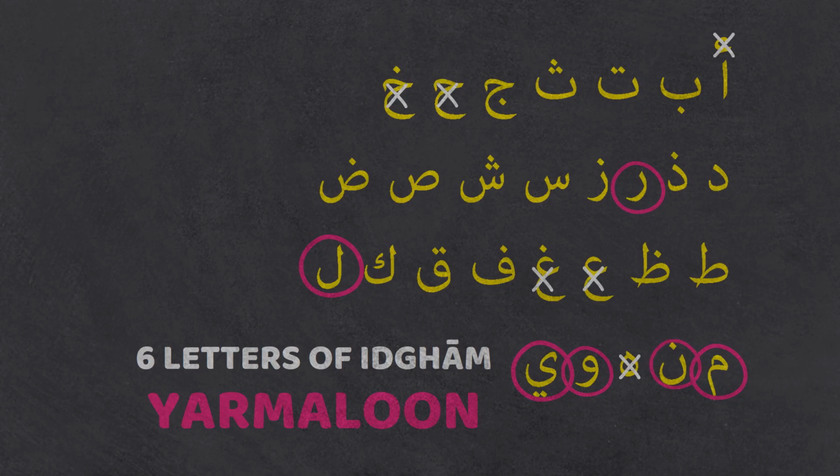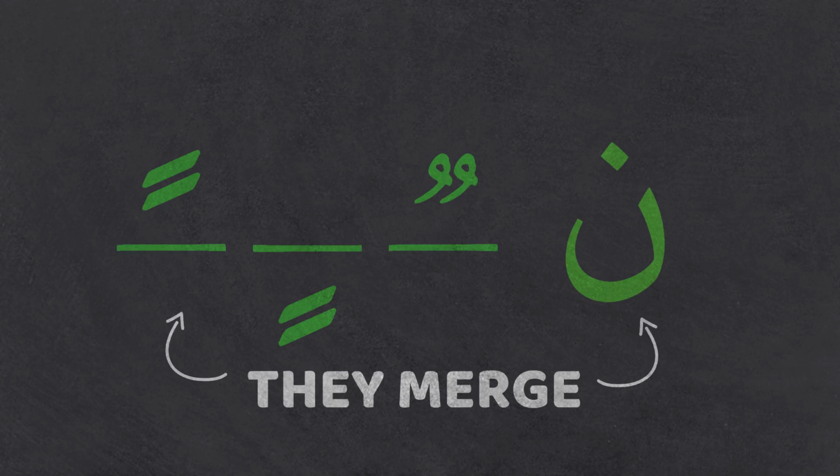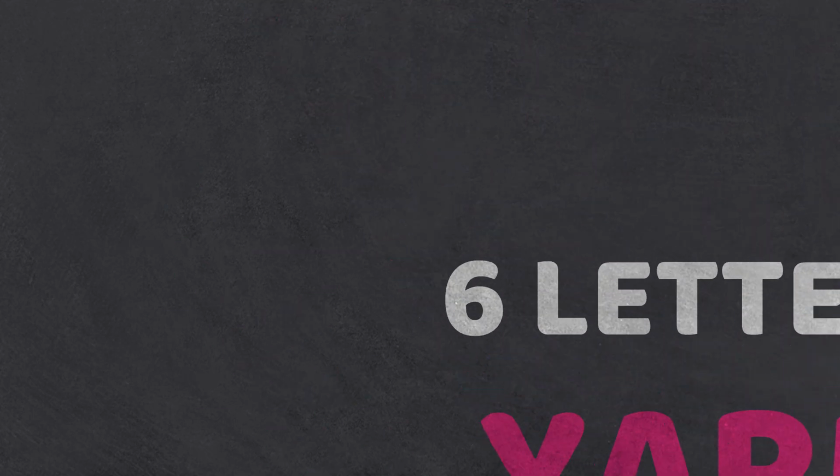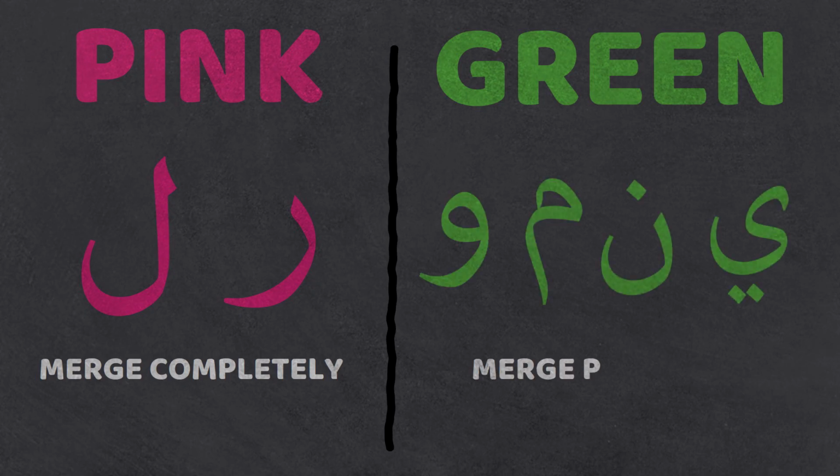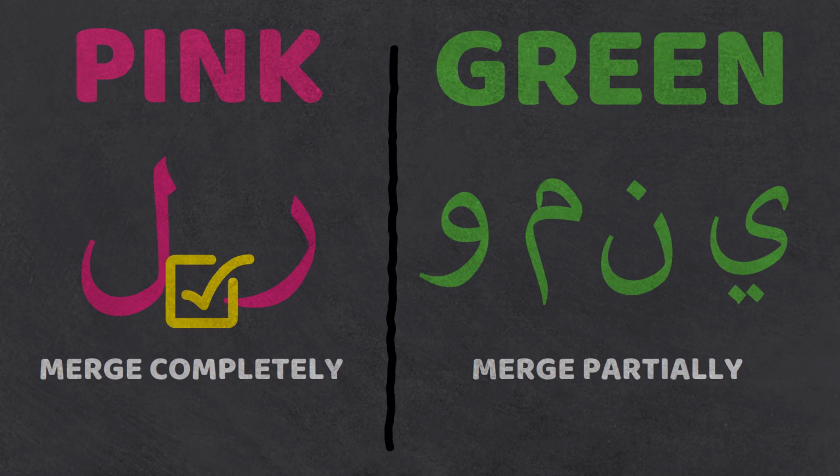When any of these 6 letters come after Noon Sākin or Tanwīn, they merge with the Noon Sākin or Tanwīn. These 6 letters are further divided into 2. The pink letters, which are Ra and Lam, merge completely. The green letters only merge partially. The students should first be taught the letters that merge completely. Once they are familiar with them and how to recite the examples of them from the Mus'haf, you can introduce